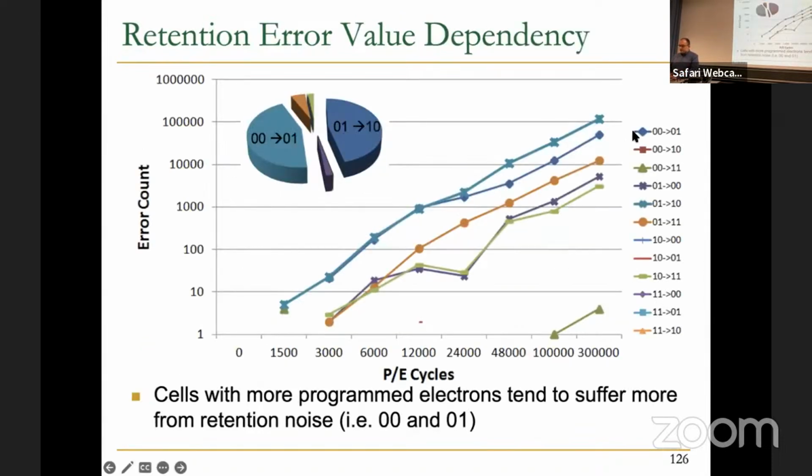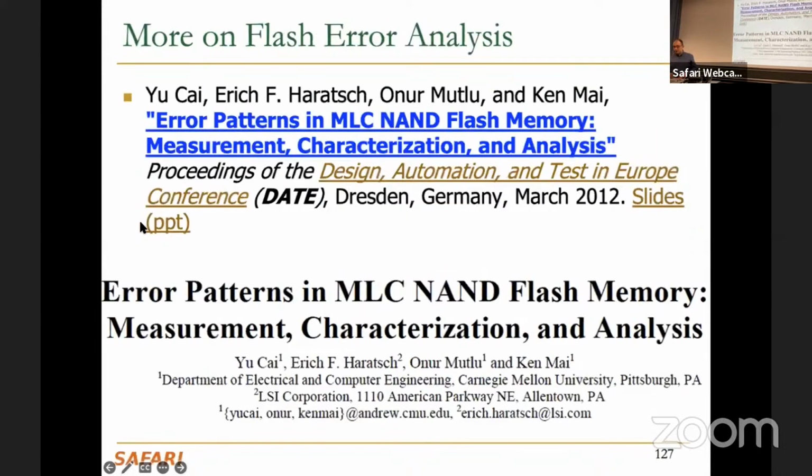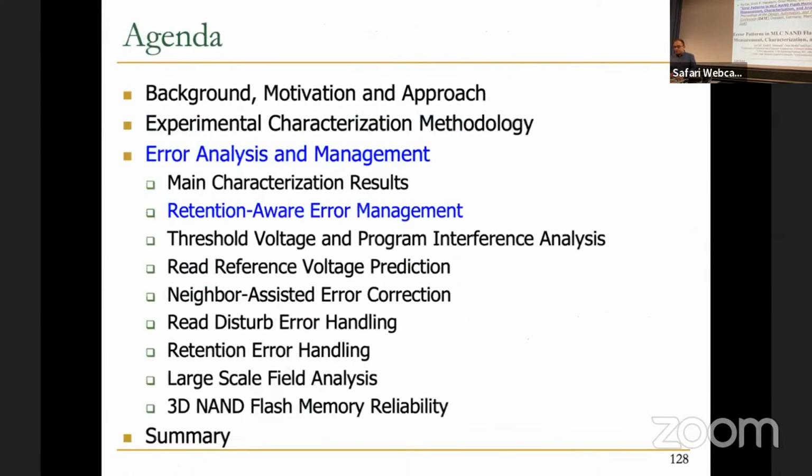Here you can also see more detailed results, like going from state 0,0 to 0,1, 0,0 to 1,0, and you can see all of them. Some of them are more probable, and you can see more error counts for them. But you can check the paper for more detail. But now we want to design mechanisms to reduce these issues. Let's first start with